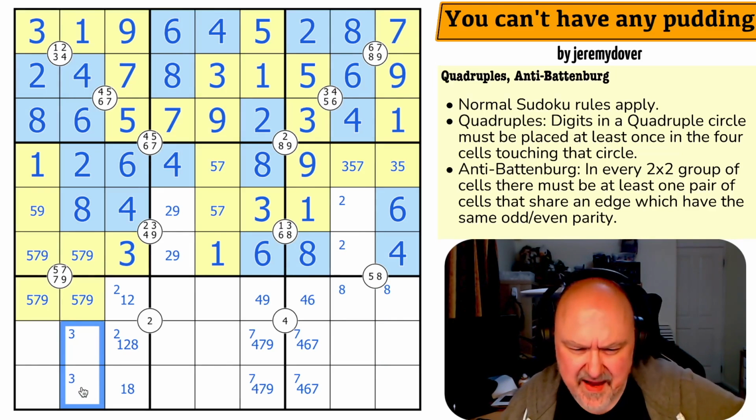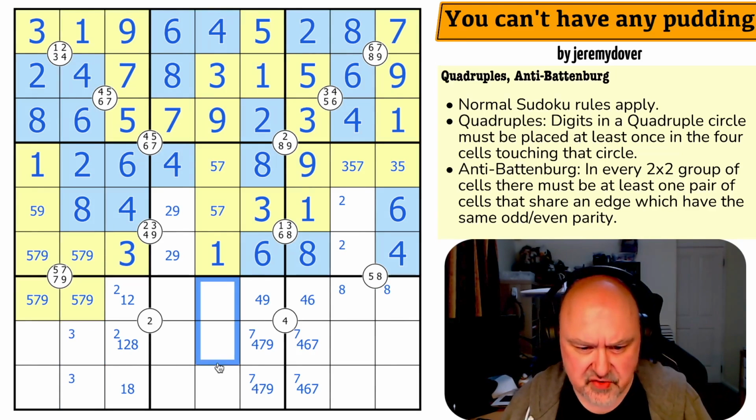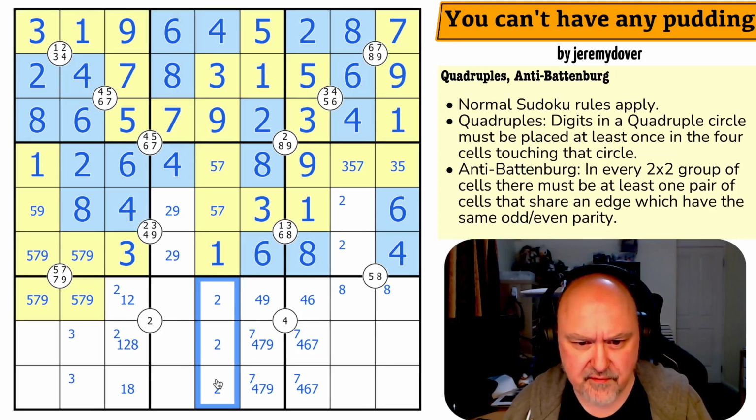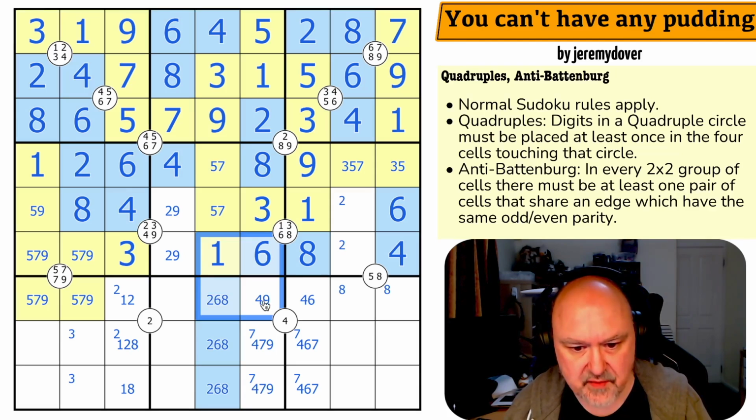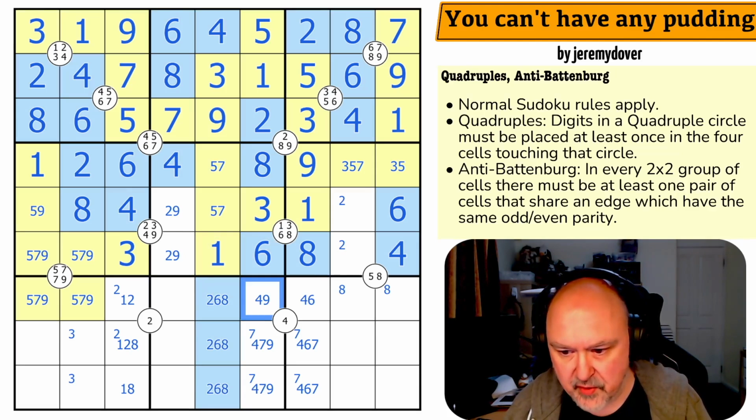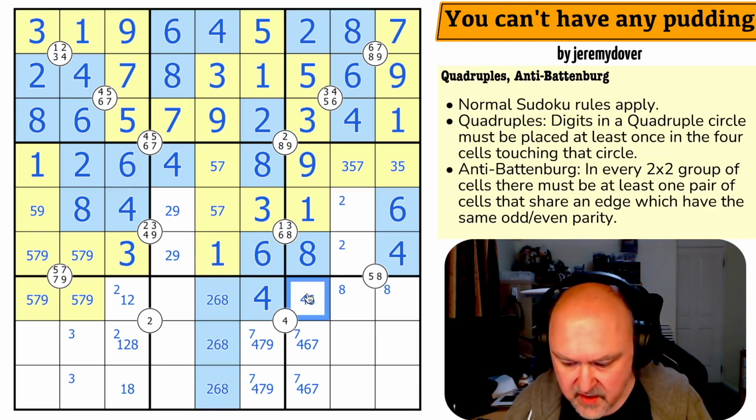I'm not seeing a Battenburg I need to avoid. I know what this triple is. 1, 2, 3, 4, 5, 6, 7, 2, 6, and 8. Those are all even. Right, I had 5 odds. These are all even, and now there is a Battenburg I need to avoid. If that was odd, that would be a Battenburg. That is even and is a 4. So that is a 6, which is also even.